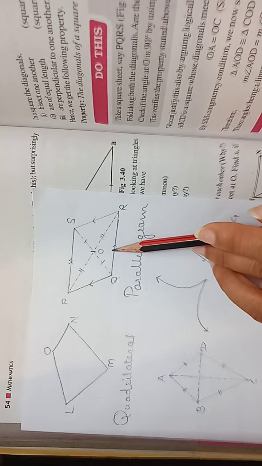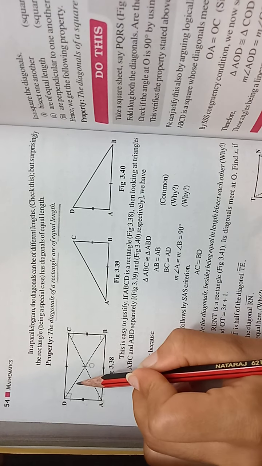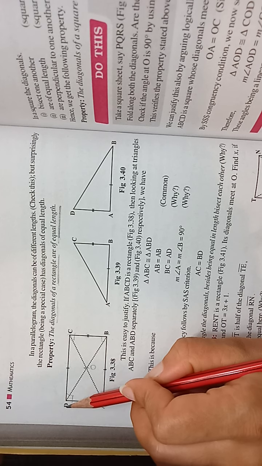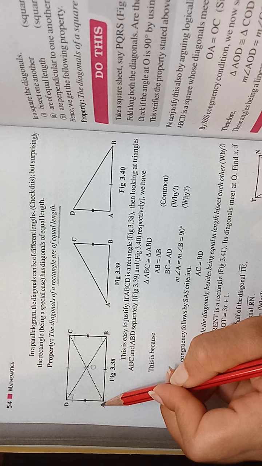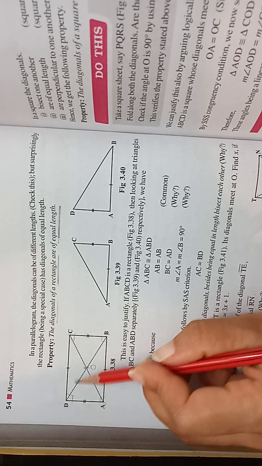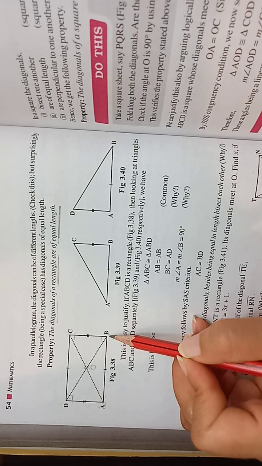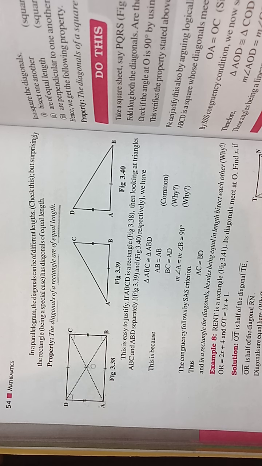But in the parallelogram we have a special case, that is the rectangle, where we have to show that DO and OA are equal. That means these four bisected parts, the lines OA, OD, OC and OB, are of equal length. That is what we have to prove.